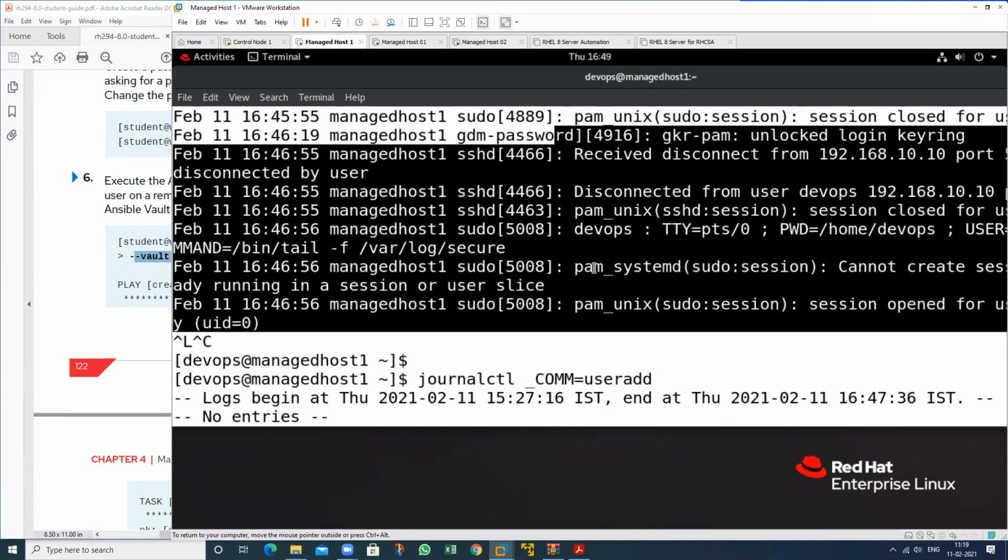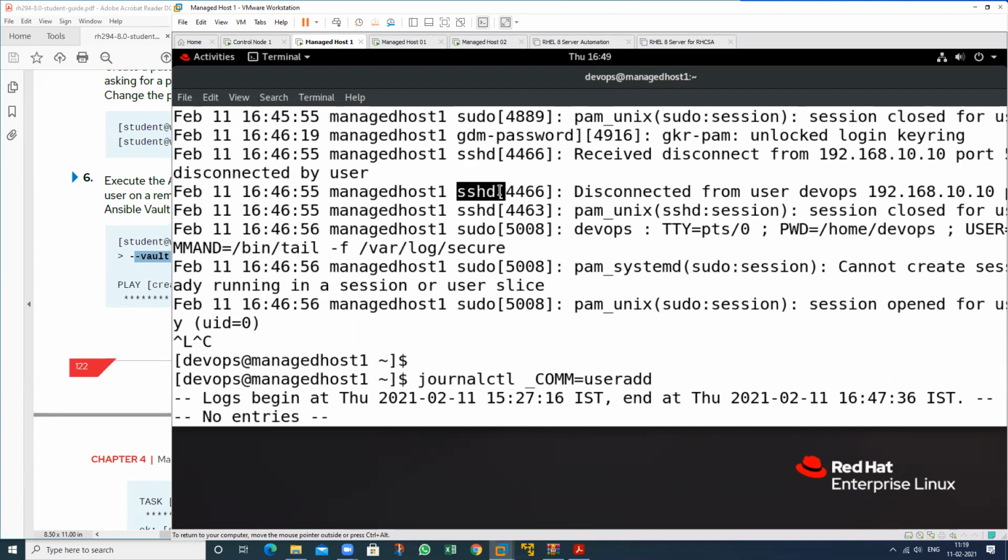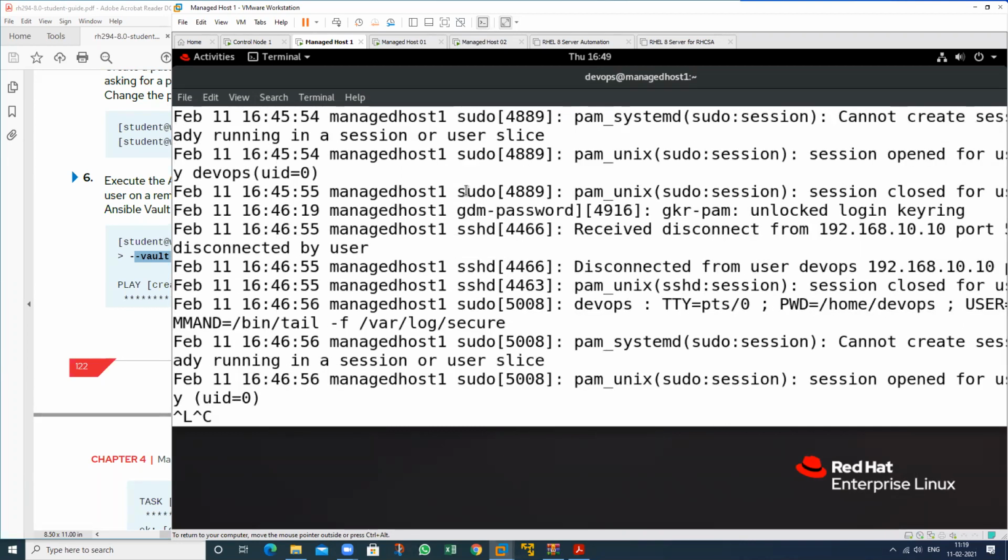Then we are able to see the sudo and beside it the number. Sudo and then number, this is the PID, process ID. It will close the session. It will take the session, open the session, then take. See, this and this are the same. Open the session, close the session, then disconnect the session.